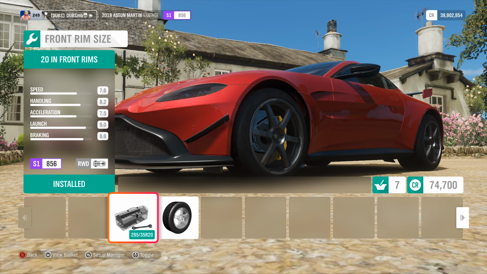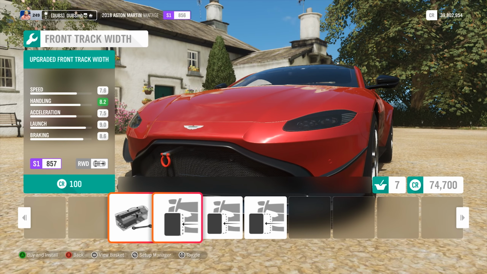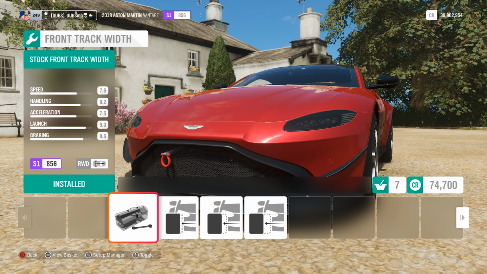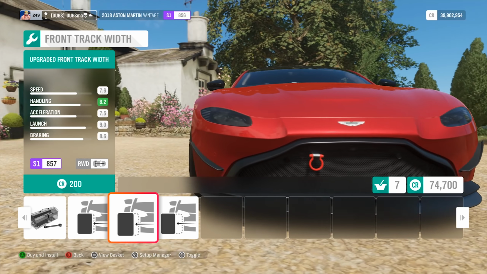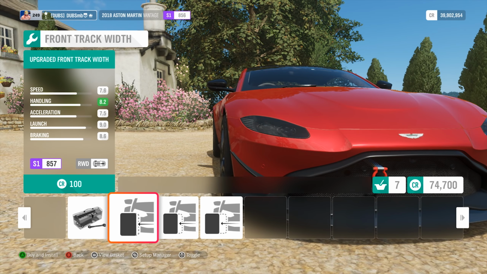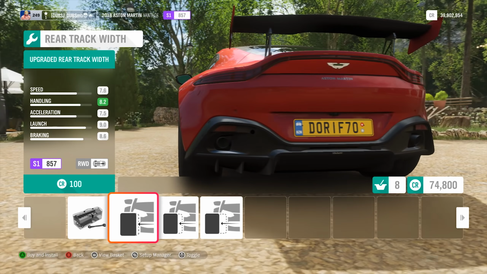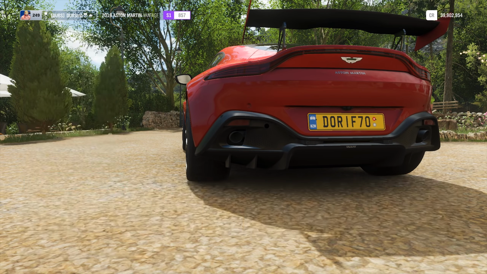For a wheel size, I don't really know if I want to go higher. 20-inch seems fine. I may want to bring the track width out a little bit. Obviously, if I bring it out all the way, it's going to be the best. But this thing will have a tiny bit of camber. Yeah, that's going to be perfect. Just one step out would be perfect for this thing. For the rear end as well, by the looks of things, just one